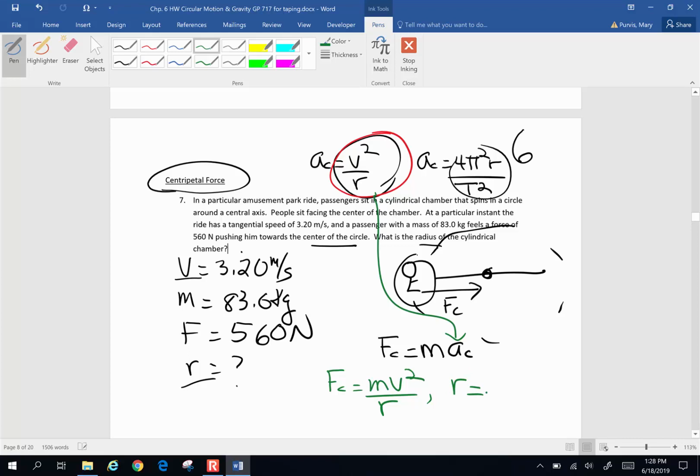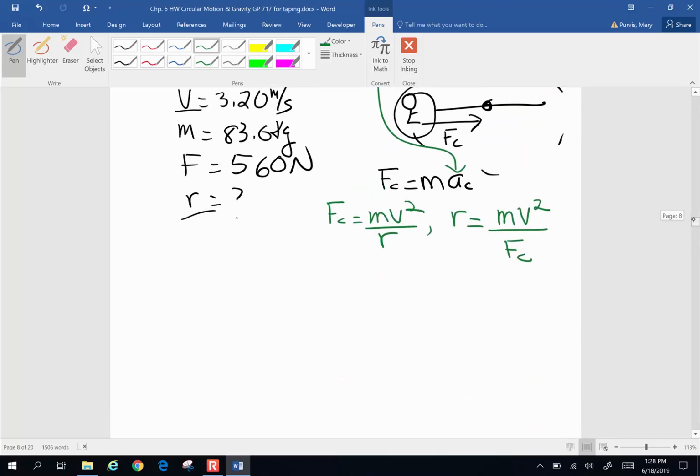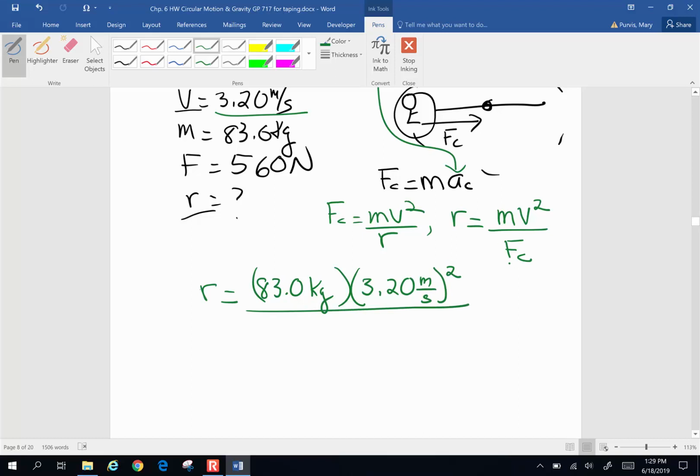So r, our radius, is going to be mass times velocity squared divided by centripetal force. Let's put our numbers in and see what we get. The radius of our circle will be our 83 kilogram mass times the instantaneous tangential velocity of 3.20 meters per second quantity squared, divided by that centripetal force,